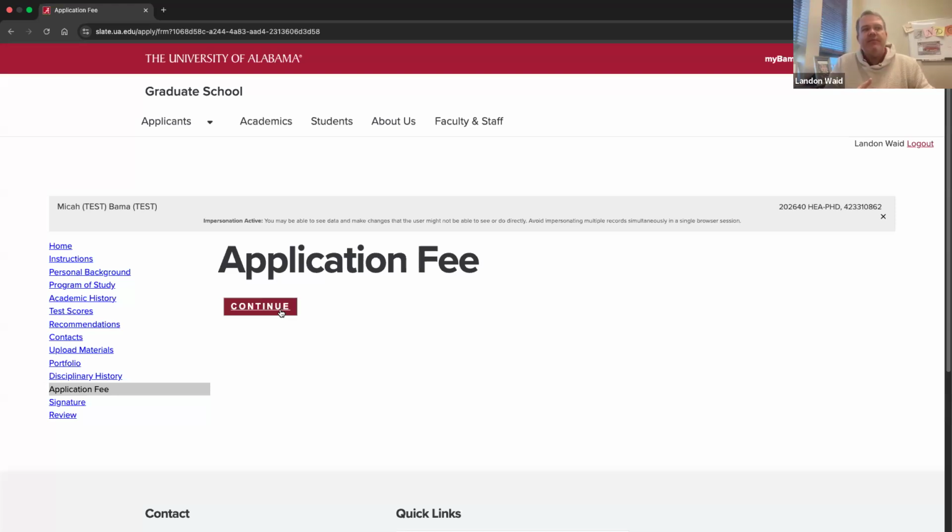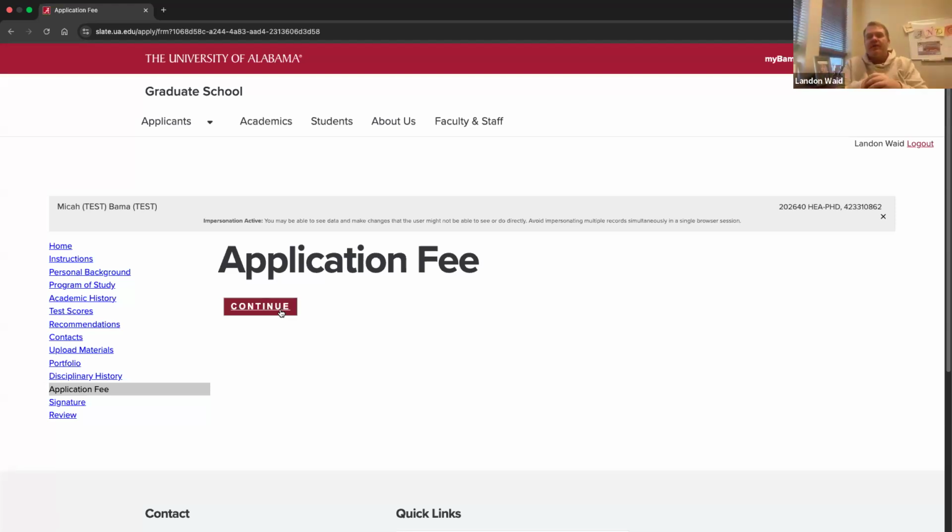If you do not pay during the application process here and you go ahead and submit the application, you can go back into your application status portal and pay at a later date, and that would give you the details there. Right now, we do not offer any application fee waivers except for some very specific programs, or for very